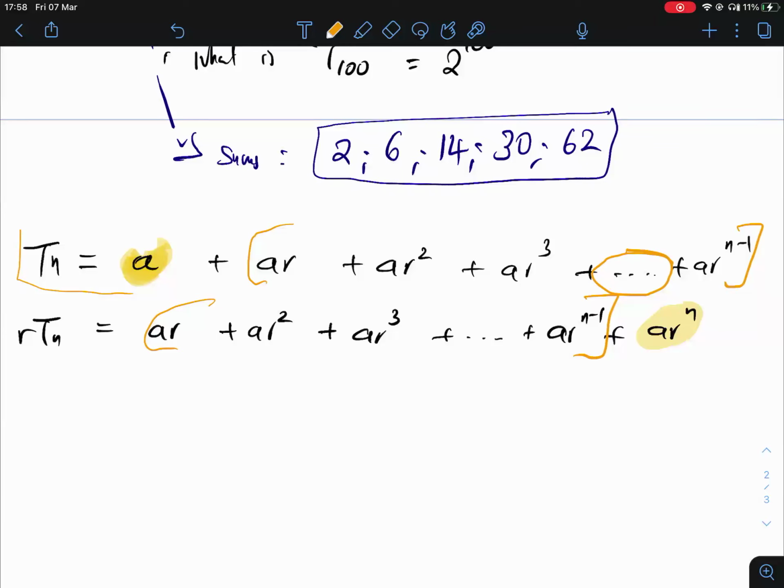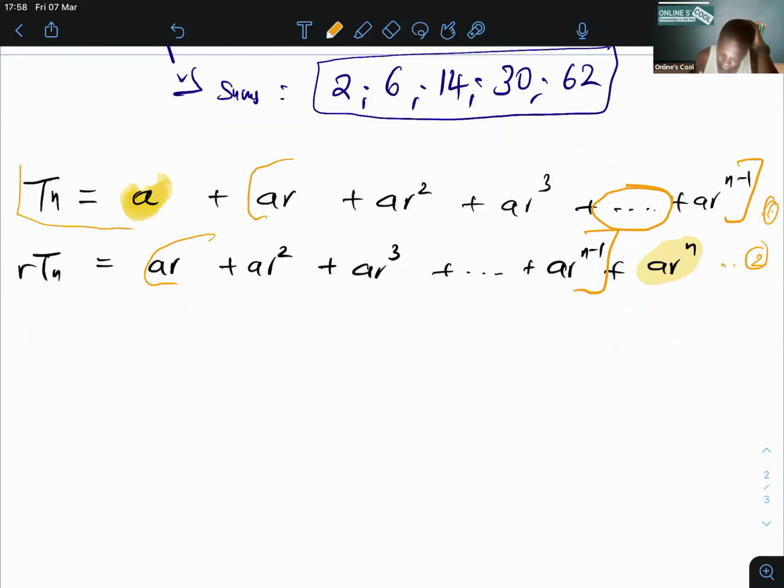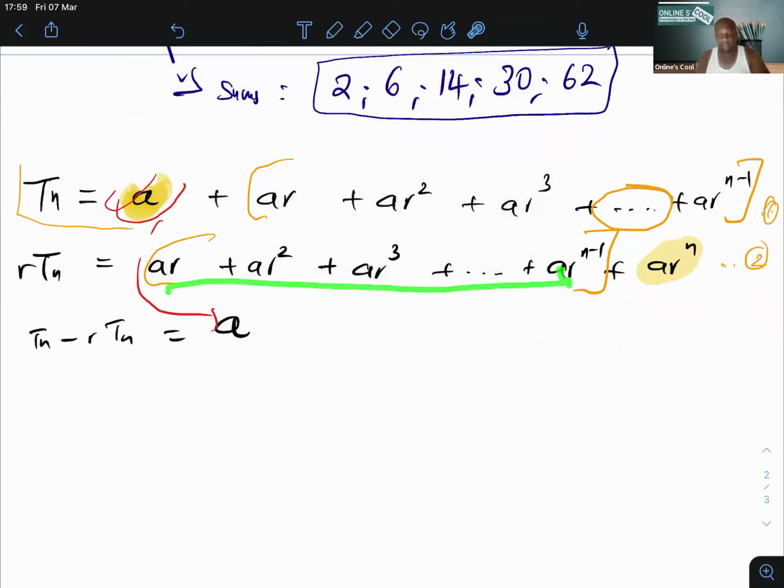So now I've got two equations, equation 1 and equation 2. Equation 1 minus equation 2, or however you want to do it, you can say Tn minus R Tn is equal to A, because I've got A this side, and this A has nothing that's similar to it here. It has no friend. It's going to drop off like this. These guys are going to cancel out with these guys. Then I'm left with this one. But now this one, it's minus